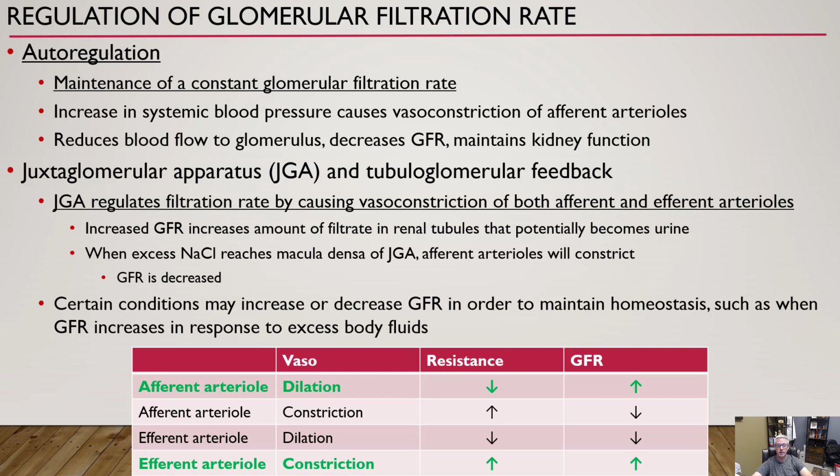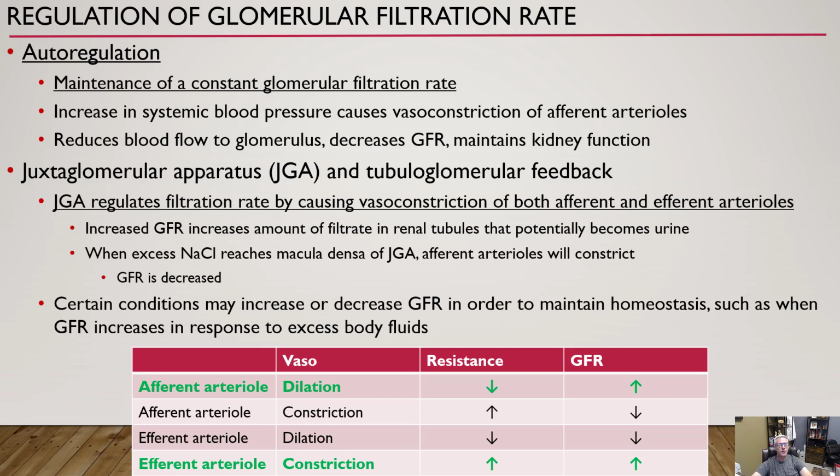The macula densa looks at the sodium chloride, and the juxtaglomerular cells adjust the diameter of the efferent arterioles to either vasoconstrict, to increase blood pressure, or to decrease blood pressure. All right, so